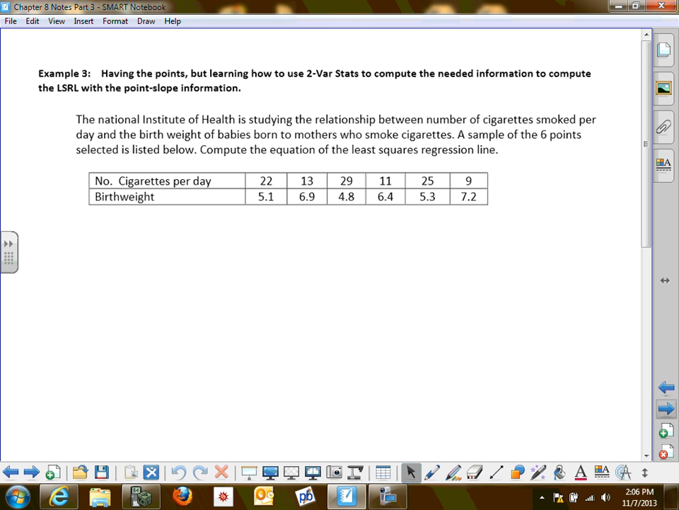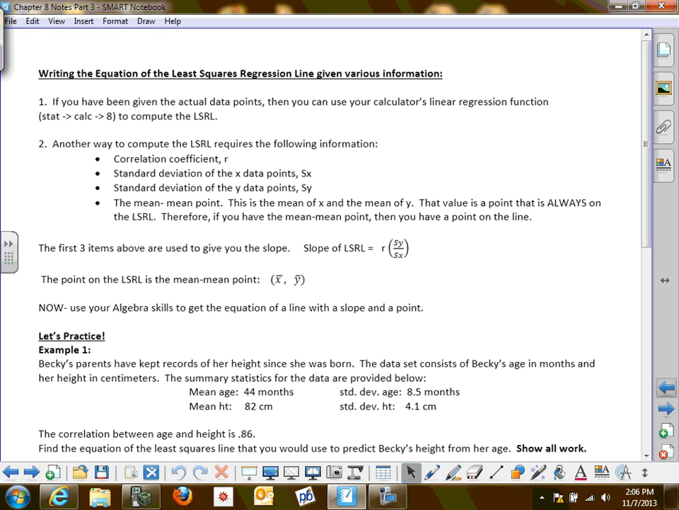Very good. The other way that we learned yesterday how to compute the equation of the line is how to read a computer printout. Okay? So we're going to use a computer printout, and then we're going to be able to find that equation of the line. All right. Next,